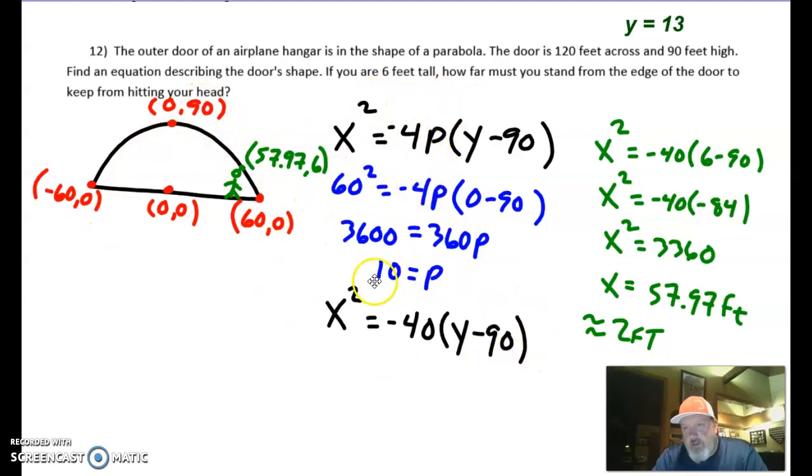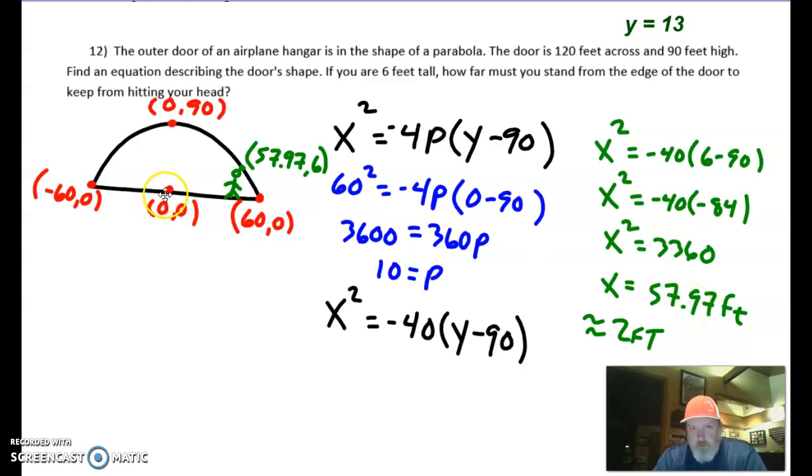Once I have this equation, go ahead and plug 6 in for your height. So you're 6 feet tall. That's a y value here. And it says how far from the edge of the door must you stand. So we'll put the 6 in here. We solve for x. We get